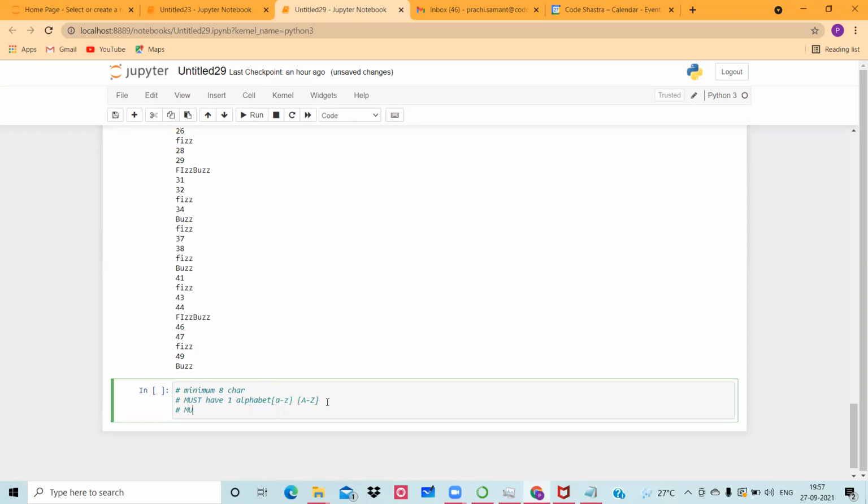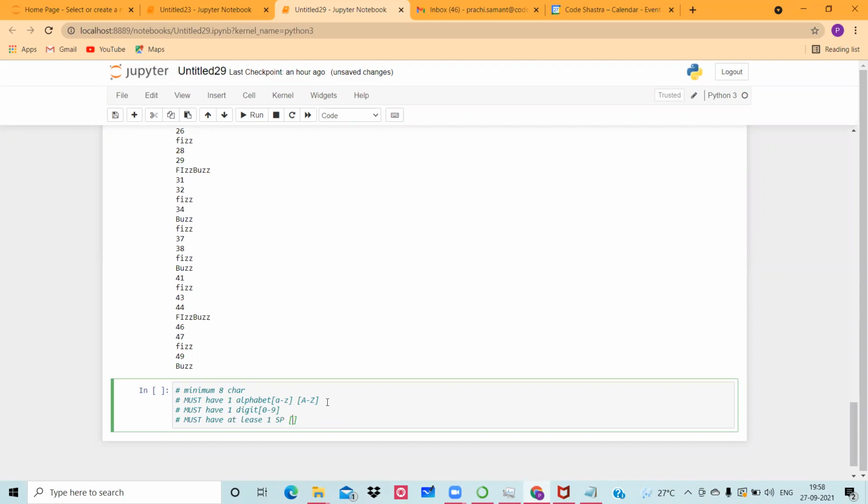It must also have at least, suppose, one digit, and the digit can be any digit within the standard range 0 to 9. And suppose it must have at least one special character,